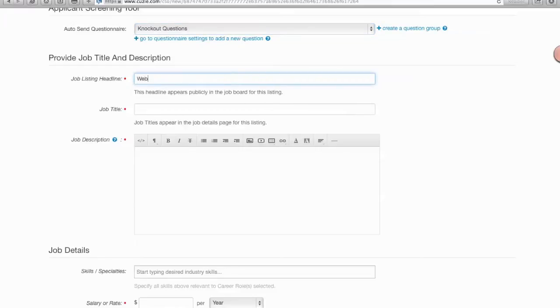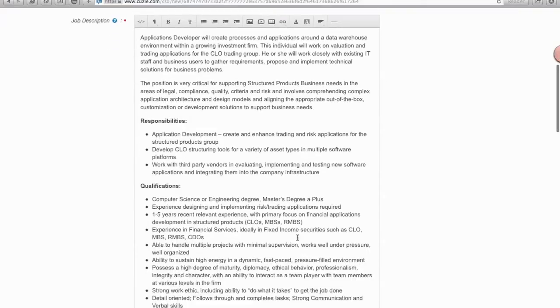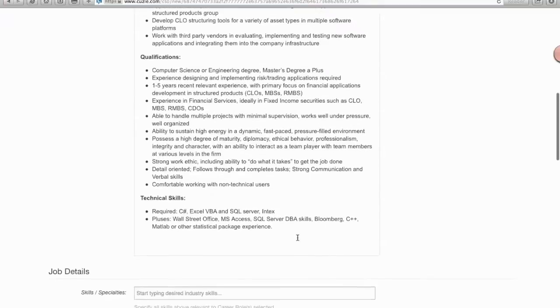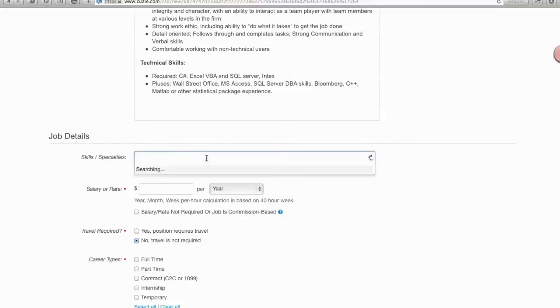From here, we're going to start providing the details for a particular job. So let's do web developer in New York. The job title is going to be senior software engineer. And here you would put all your various descriptions. So you can paste in your descriptions that you may already have in Word or from your ATS and just enter that into the box. You can put in all the various skills, the salary,